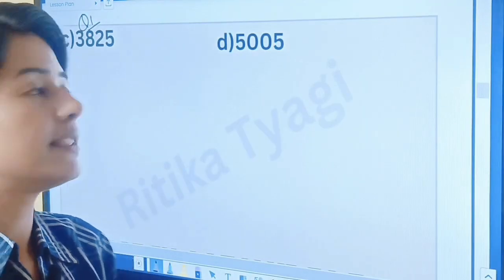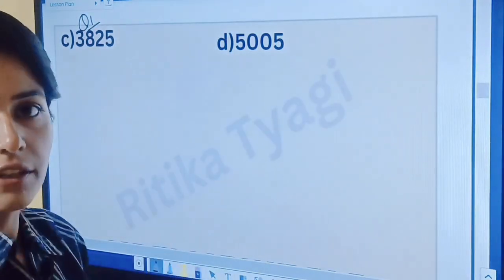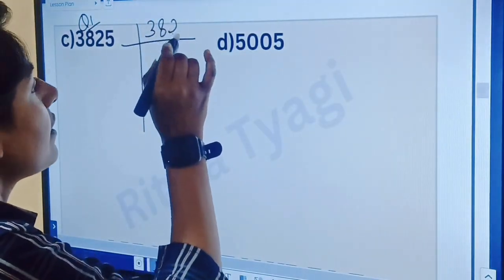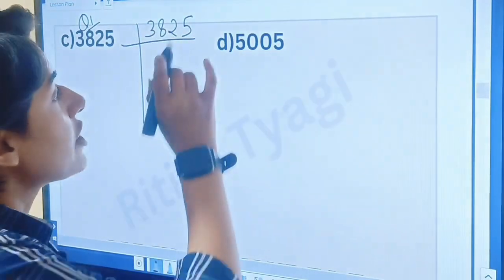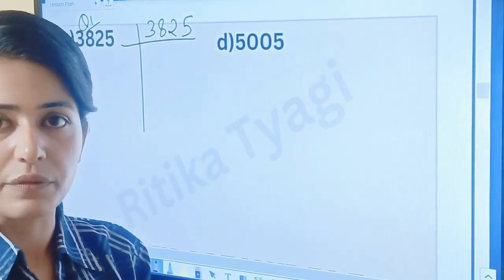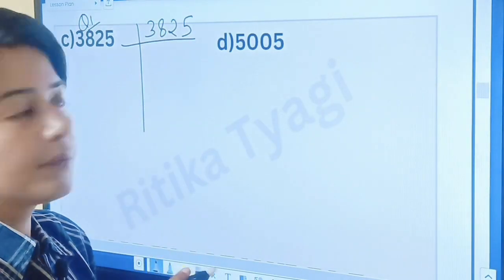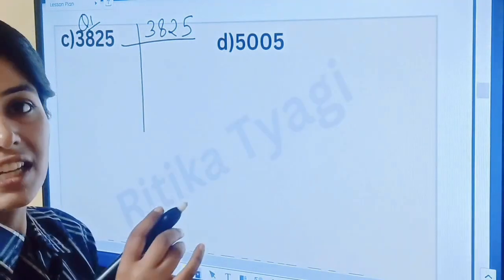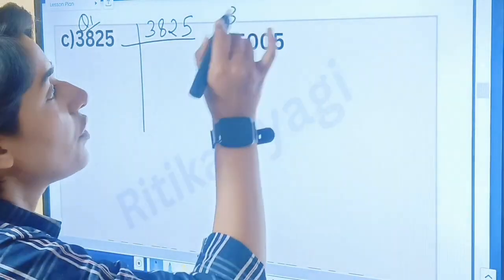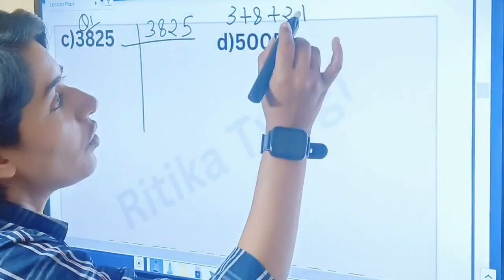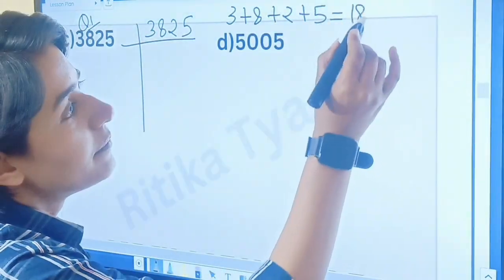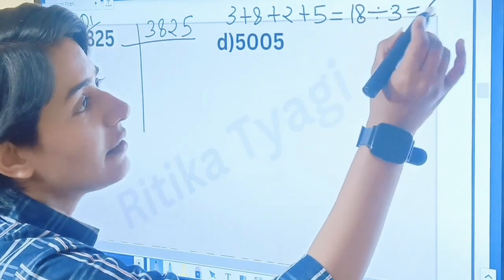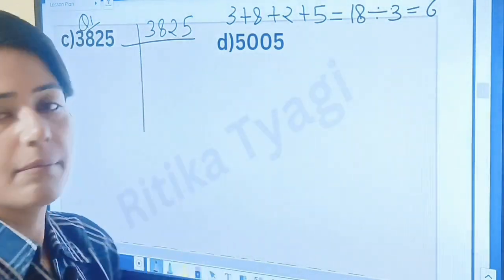Question number 1, part C. 3825 we have to factorize. Here first we have to check whether the number is odd or even. This number is odd because it ends with the number 5, which is an odd number. So first we check the divisibility by 3. Add all these digits, we get 18, and we know 18 is divisible by 3, we get 6. So this number is divisible by